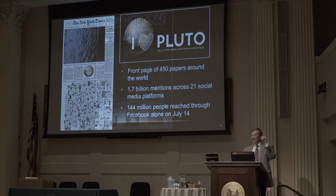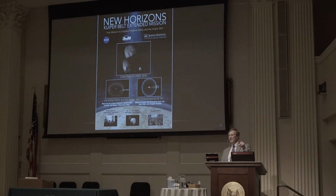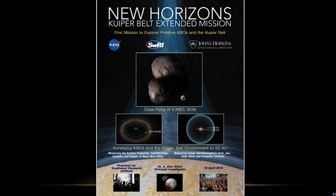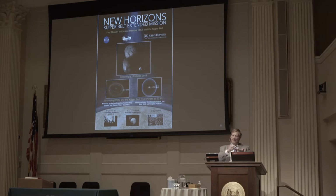But one more thing I want to say is just that we're not finished yet. We're still, as I was mentioning earlier, going deeper into the Kuiper belt, and we have one more flyby. It is happening on New Year's Day 2019. Okay, so that's coming up soon, where we're flying by a relatively small Kuiper belt object,